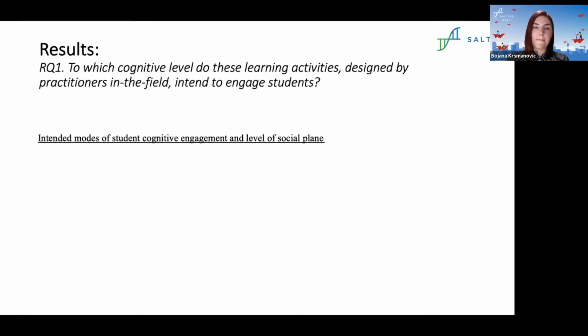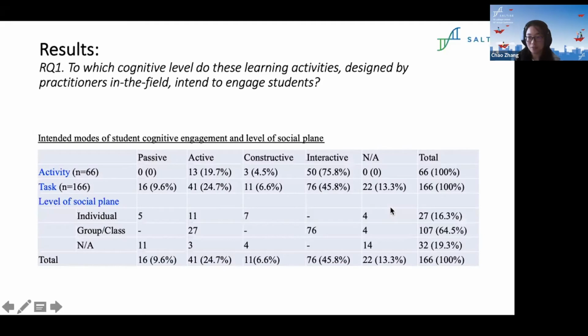Chao? Oh, thank you, Rana. So based on the coding process and coding schema, the methodology we used, that leads to our results. So I guess that's the fun part, because that's the theoretical framework provided by the research community. Borrowing that as a lens, how are we going to see practitioners designing and scripting their learning activities, which are available to the whole community.